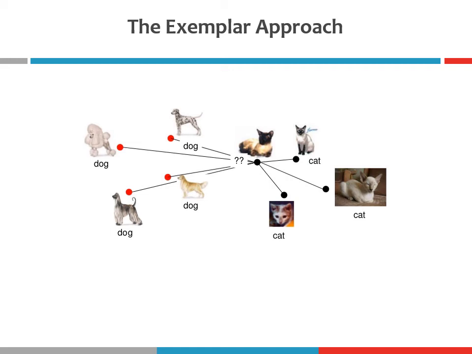But we can explain that pattern of results using this exemplar approach too. For example, a sparrow is going to be similar to many of our examples of birds, so it's going to be classified faster than a penguin, which is going to be similar to very few of our previous examples of birds. So it's kind of similar to the notion of family resemblance, right? So for typical objects,